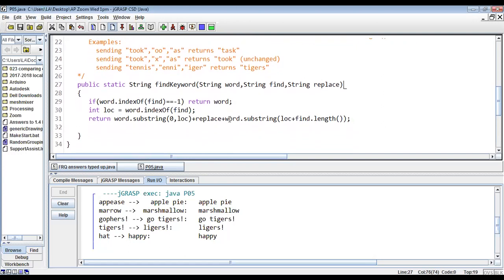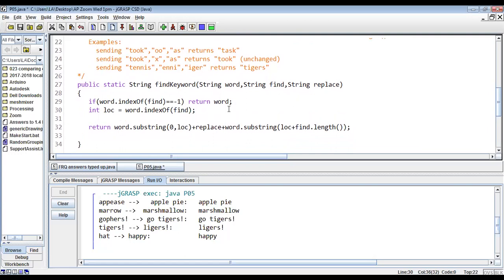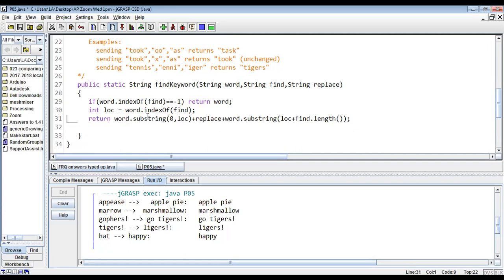It's okay. Lots of people like to do this: String answer equals, and then do the whole return there, and then just say return answer. And there's nothing wrong with doing that too. You don't have to do the whole thing on the return line. That's just what I often do. Okay, I'm gonna